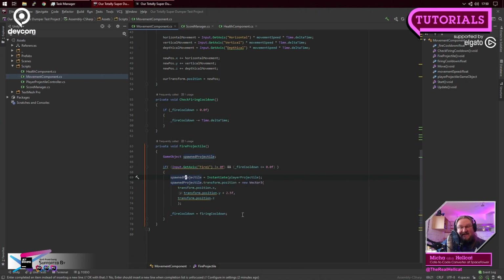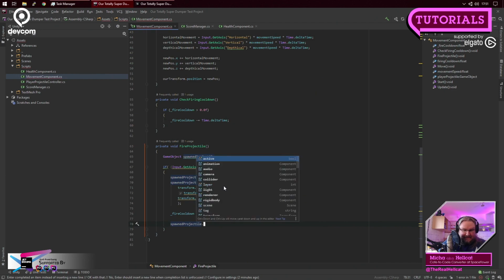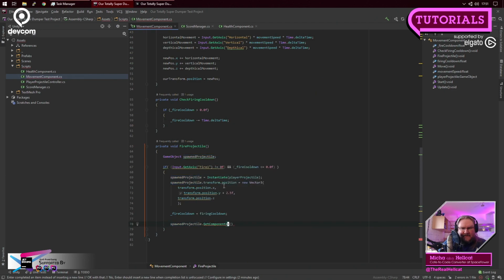And we actually do have, I'm not sure if there's a nicer way, but we actually do have to do one get component here, because once we've spawned our projectile, again, in spawn projectile, we have the reference to the game object. So we can get the component,